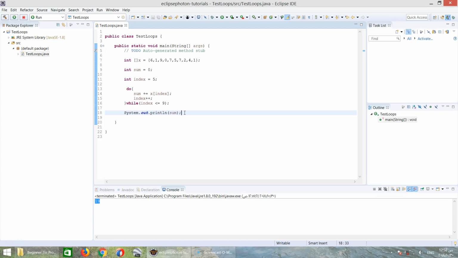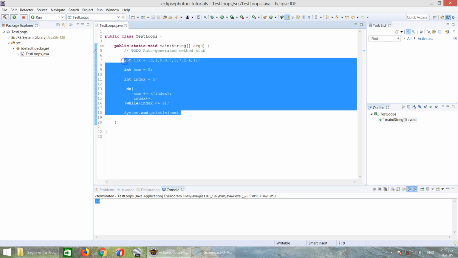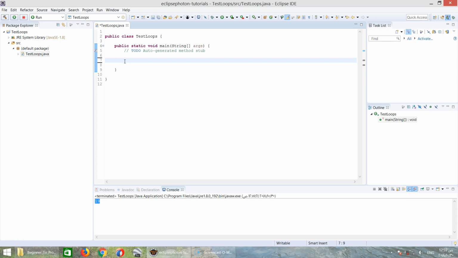Okay, let's now perform another example, but this time we will use a for loop. Assume that we want to make a program that prints the values between 1 and 10. How will we do it using a for loop? Let's see. Let's type for, and then we will open the parentheses, and then between the parentheses we will have